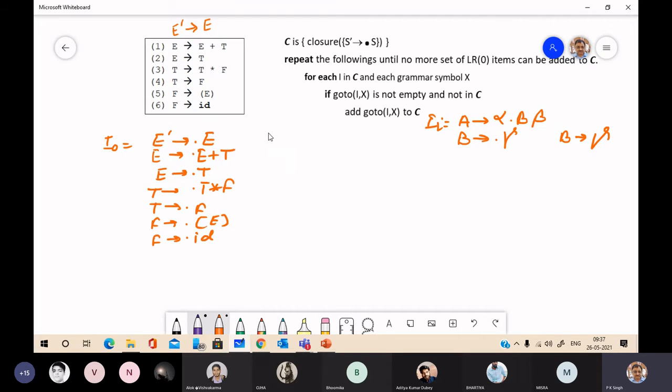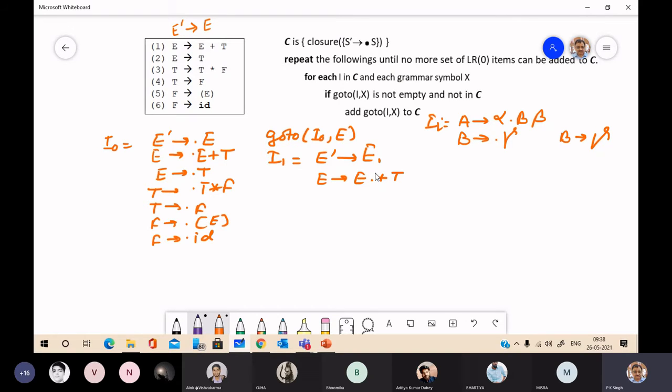So GoTo(I0, E) will give, suppose, I1. I1 will have E' to E dot. You can apply here also E to E dot plus T.